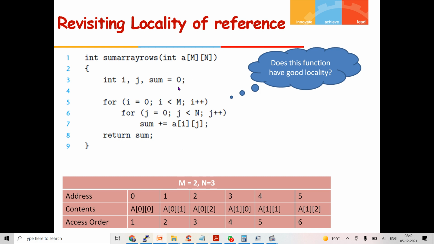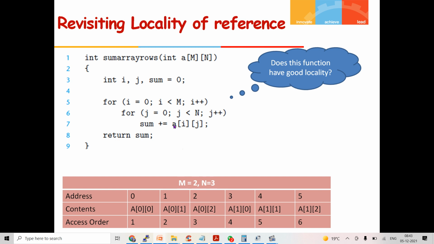Then sum is the same as earlier. Then this is the loop, so we have a loop in a loop. The outer loop is the i loop, the inner loop is the j loop, and here we have m elements across, n elements across. So the loop is going to return the total of all the values in this m by n matrix array.